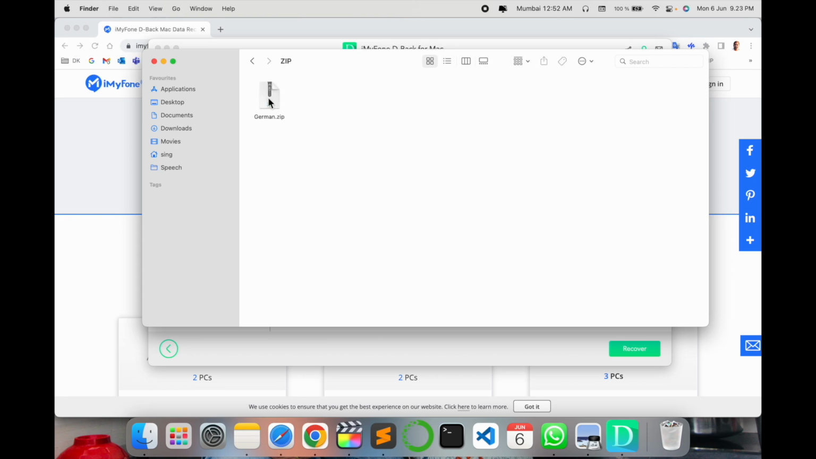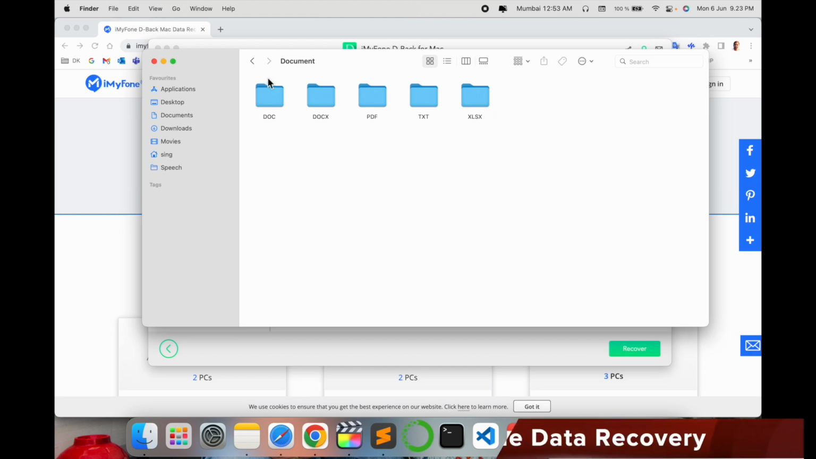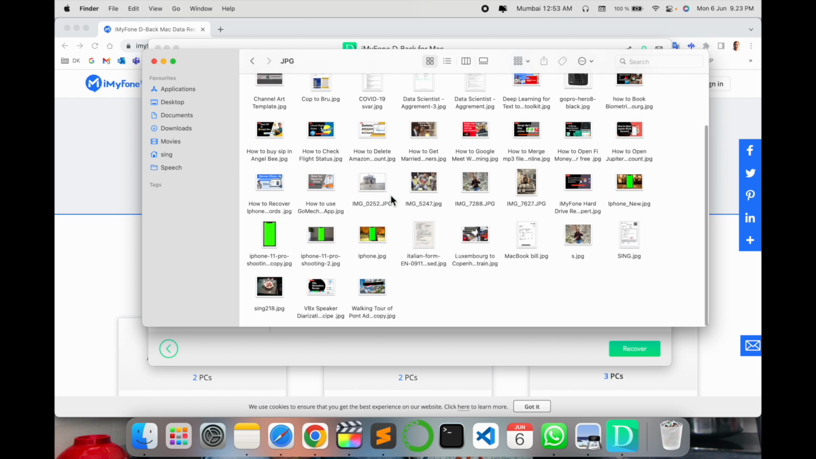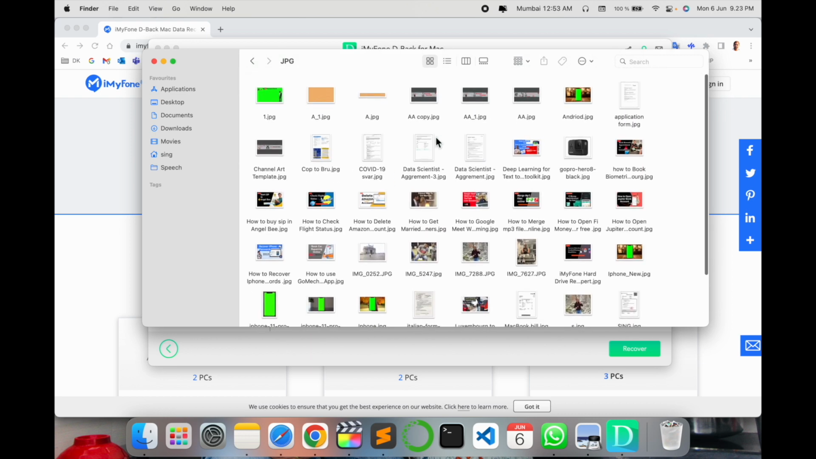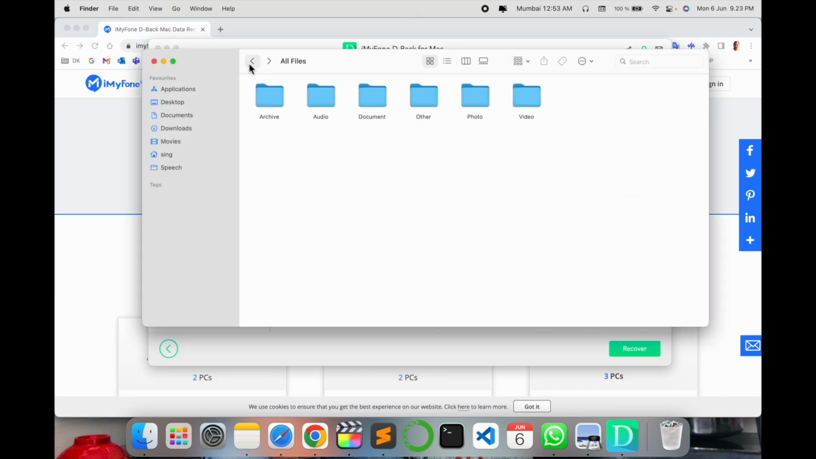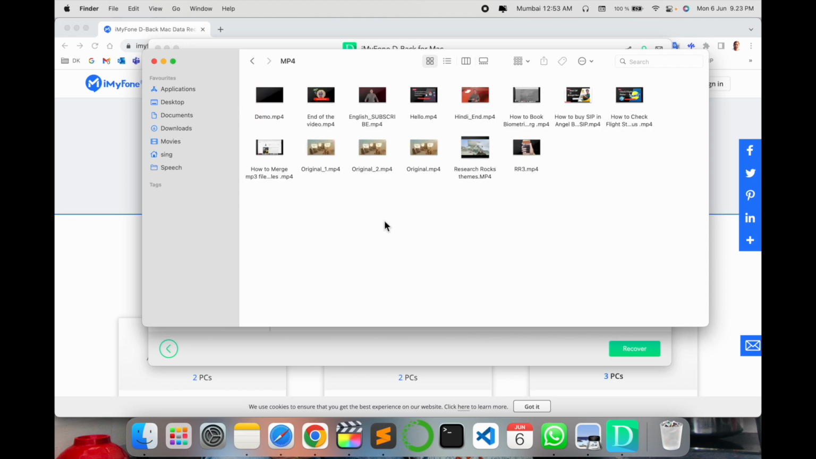Archive-related files like zip files come here, and audio-related, 3 audio files I recovered here. Documents are again distributed as separate PDF, text, Excel, docx and doc files. Photos are also distributed by different extensions, depending upon which extension your photo has. So all photos are recovered here. It's really amazing and you can very easily access the entire data. Some videos, movies and MP4, so all MP4-related videos are restored